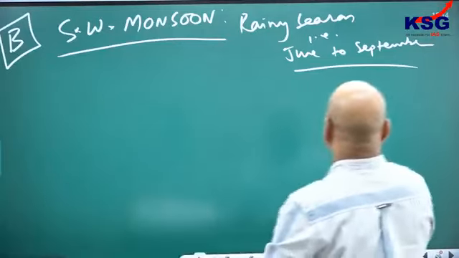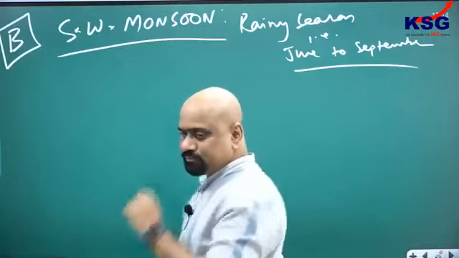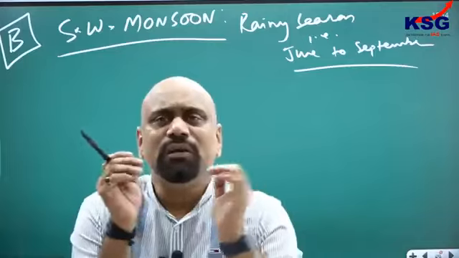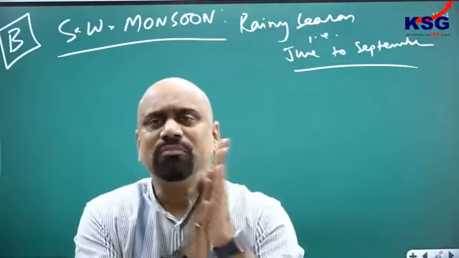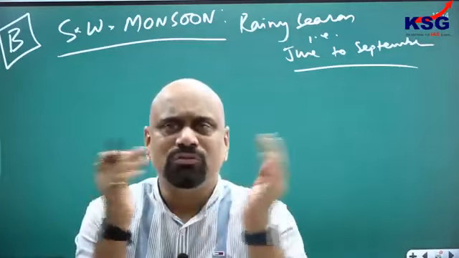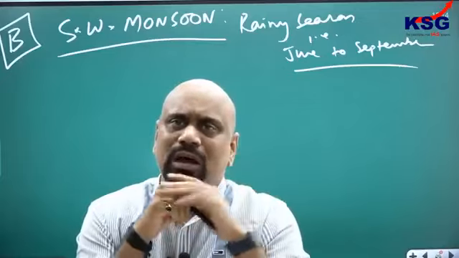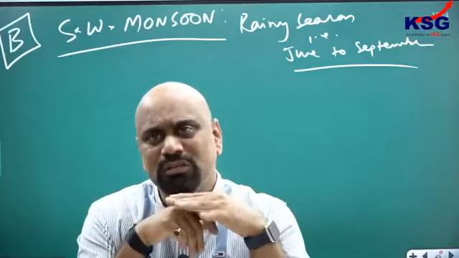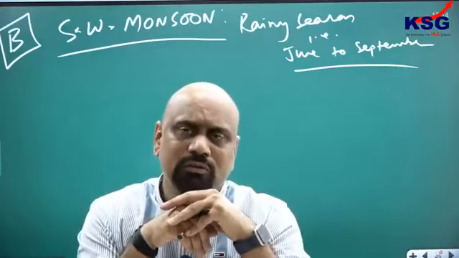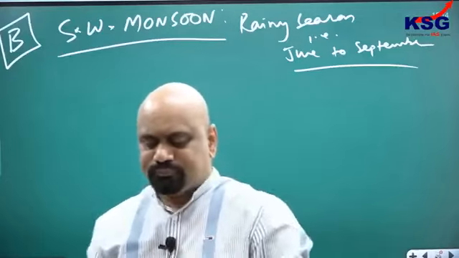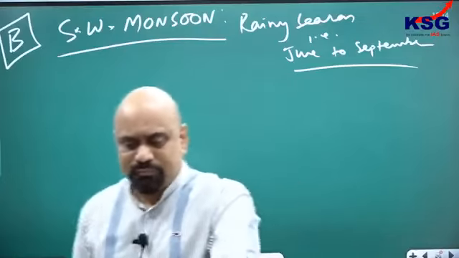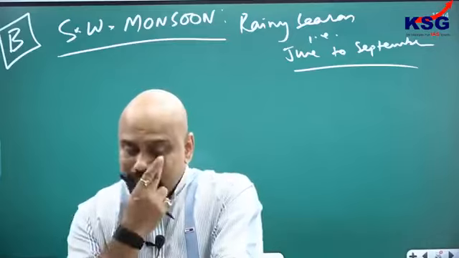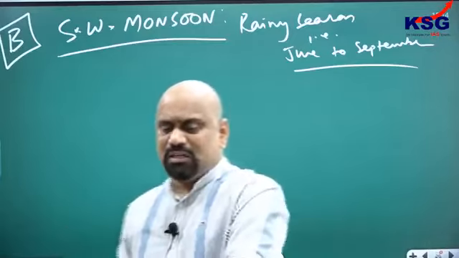Southwest monsoon में rainy season है, June to September I said. What happened here? Because of high temperature, there are two things. Gradually, from March temperature increases, April, May, June. By June, you have local disturbances at the fag end of June. You have very intensified low pressure conditions developing over northern India. So please note down here. During this time, by June, a low air pressure belt is formed over northwest India and Pakistan.